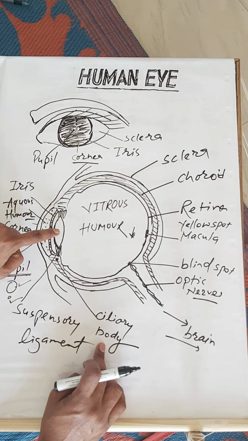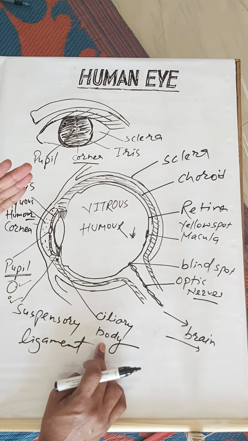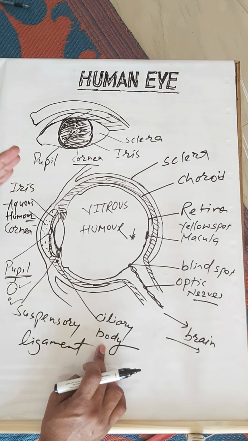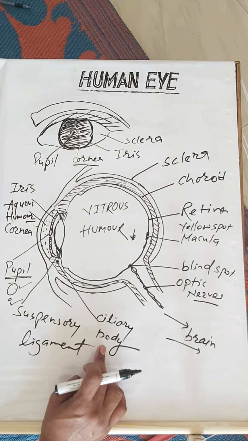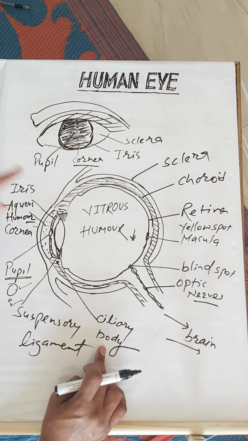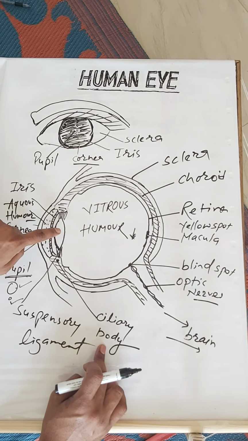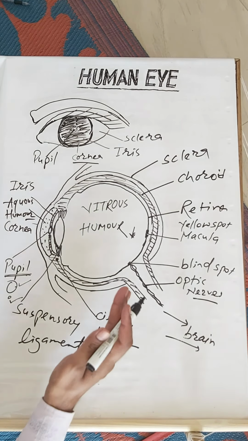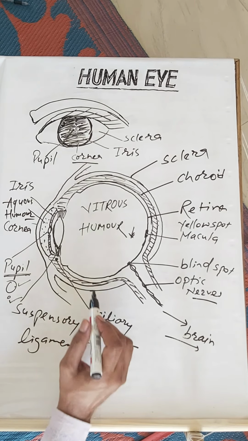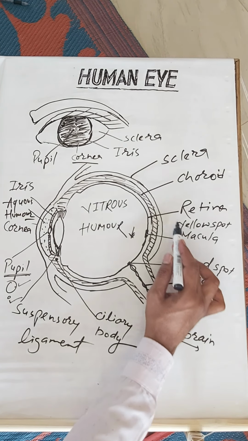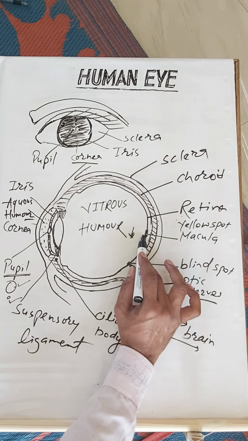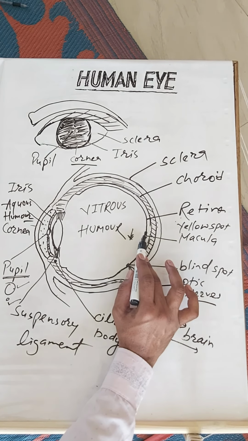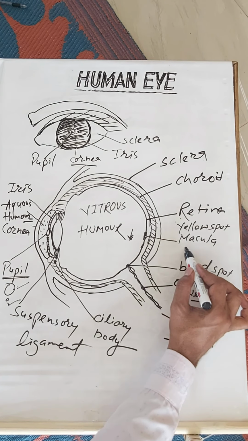वाई? बिकॉज वी हैव टू सी द क्लियर इमेज ऑफ द ऑब्जेक्ट्स प्रेजेंट एट डिफरेंट डिस्टेंसेस. सो at the different distances we need different focal length. We are having only one lens, but this lens can adjust the focal length to see the clear image of various distances. Now the retina, it forms the image. It is the screen where image is formed. The most clear vision is present at macula.